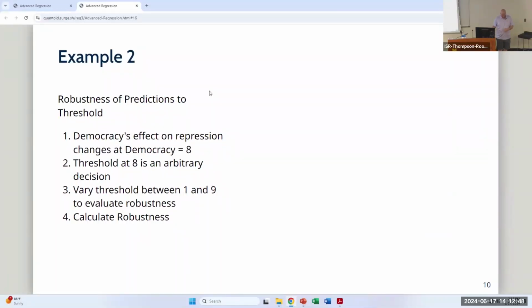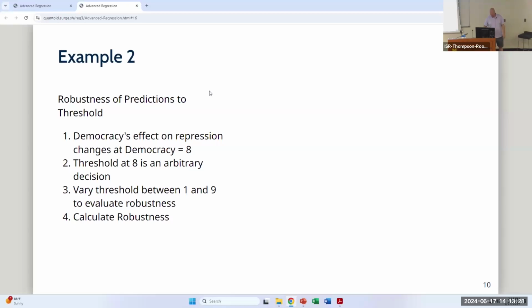So here's another example. This paper came out of a class that I took here when I was a participant, so it's kind of old, but we talked about the effect that democracy has on state repression, and we hypothesized that there was kind of a threshold that happened on Polity's democracy measure around 8, so it ranges from 0 to 10. And so one of the arbitrary decisions that we made, theoretically derived, but arbitrary nonetheless, is that the cut happens at 8, so the effect changes not so much direction, but certainly magnitude